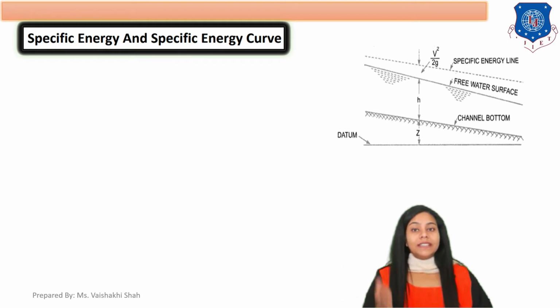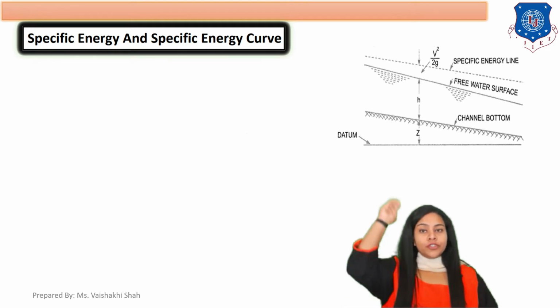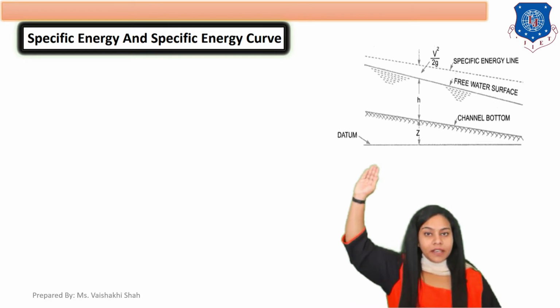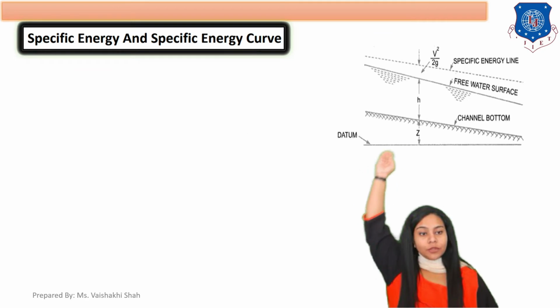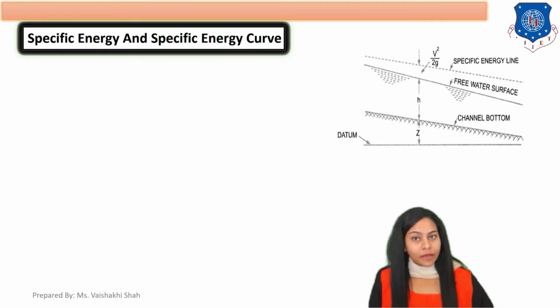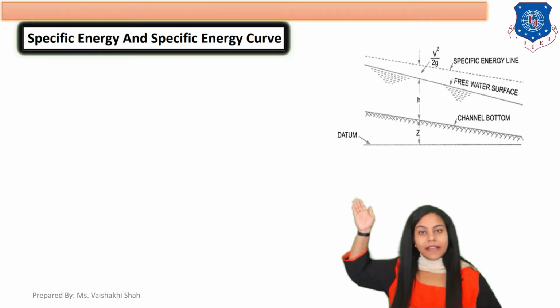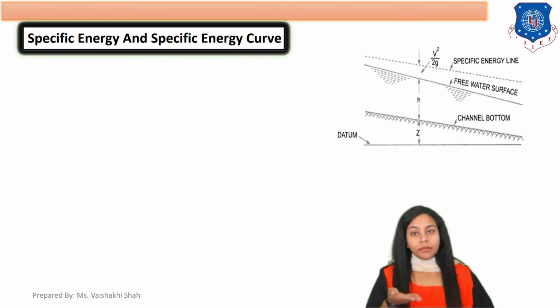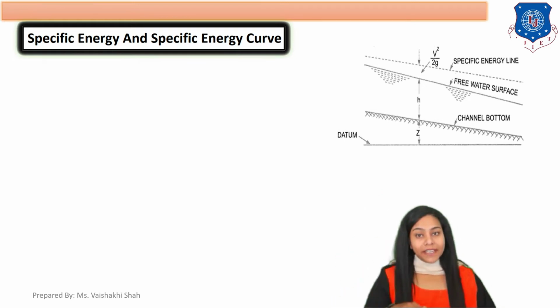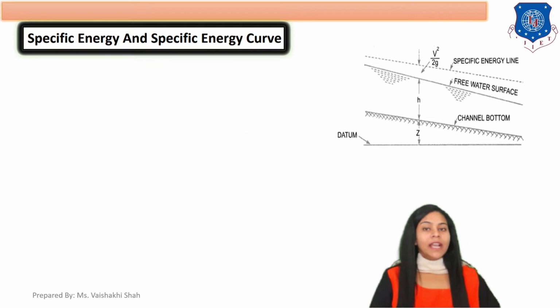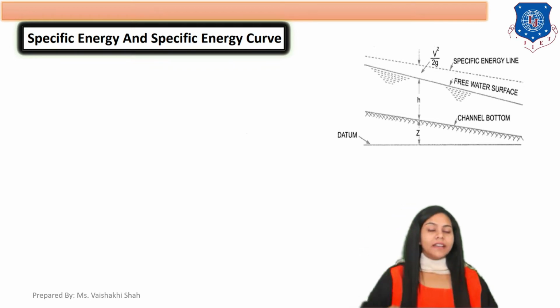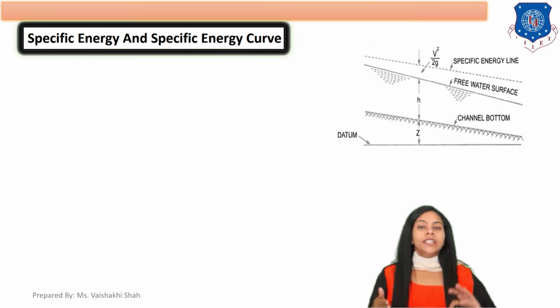Considering a rectangular channel here, the distance from datum to channel bottom is Z. We already discussed this diagram in gradually varied flow theory, but we again use it. The distance between the datum of the ground and the bottom of the channel is indicated as Z. Now here H is the height of free water, and if you are drawing a specific energy line, then the distance between free water and the specific energy line is